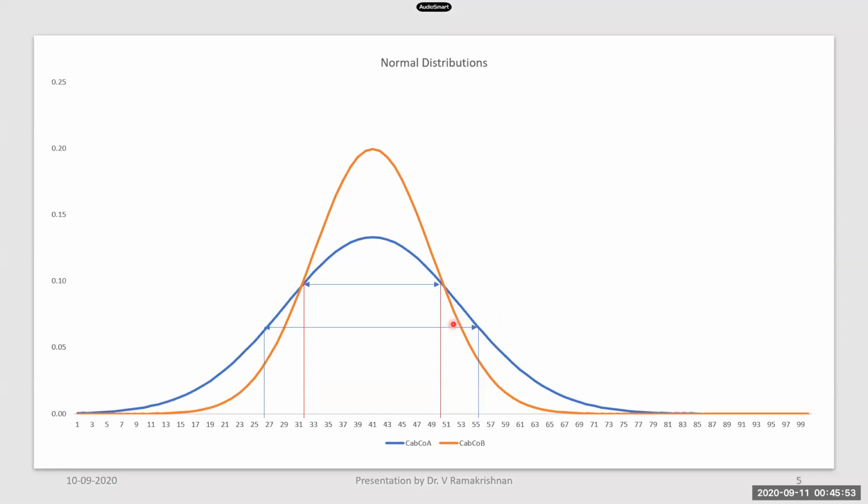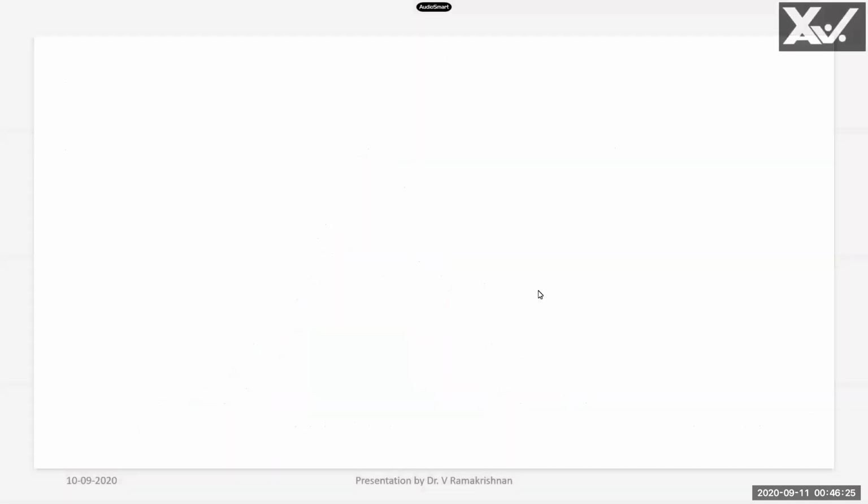Now we have taken 2 normal distributions. The red curve is a good process because its standard deviation, sigma 1, is low, and this sigma 2 is greater. Therefore, the blue curve is not a very good curve compared to the red. Should sigma be high or low? Sigma should be low, because the lower the sigma value, the better the process. So the blue one is a bad process because sigma is higher, and the red one is a good process because sigma 1 is low.